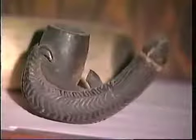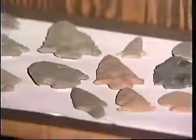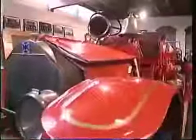We have a lot of Indian artifacts from a 3-county area surrounding Paducah, including baskets, arrowheads, even sculptures that the Indians did from rocks. We also have a lot of Civil War artifacts. We have a wonderful Civil War room upstairs, some of which you see behind me. We have bone china, we have cut glass, we have Paducah's very first motorized fire truck, a 1913 LaFrance that's